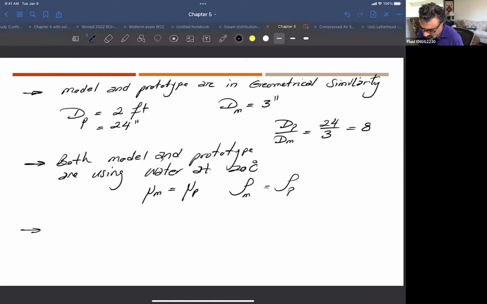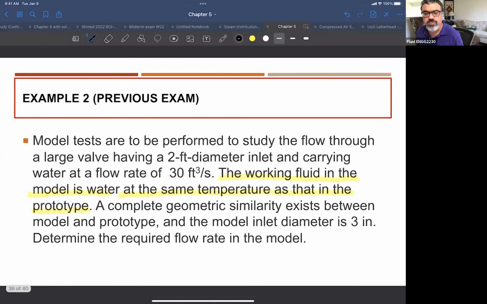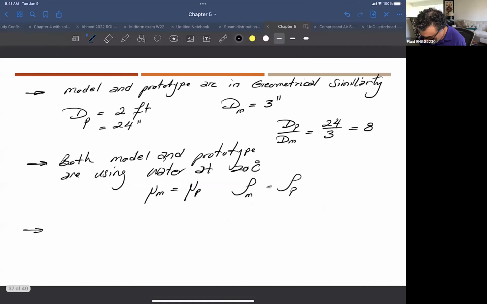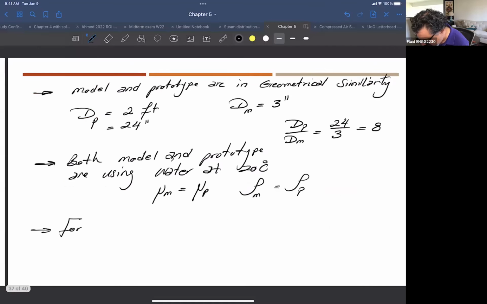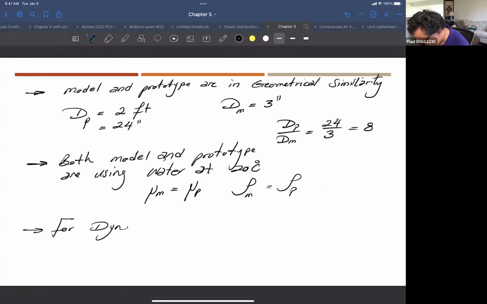geometrical similarity exists. What condition do you have to make sure is satisfied in order to make sure that you are testing the right condition? What other similarity has to be satisfied? Dynamic, exactly. So for dynamic similarity, the forces have the same ratio, right? And for dynamic similarity along